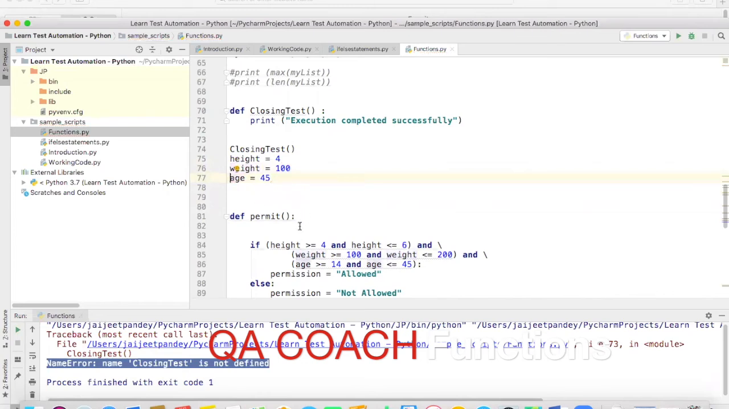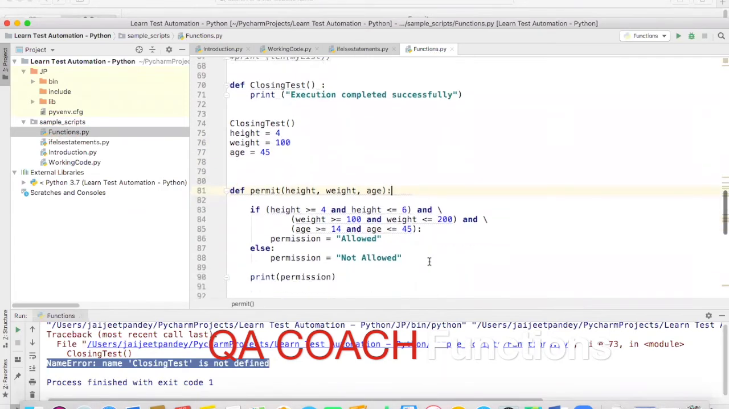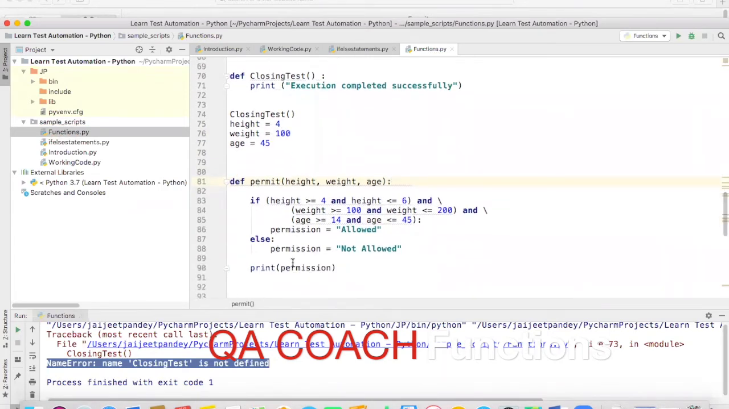So permit should receive three parameters, and those parameters are height, weight, and age, and all calculations are supposed to be done based on those three parameters, and then all these operations should be performed, right? So it's the height, the weight, and the age. So I have already defined the function, and now